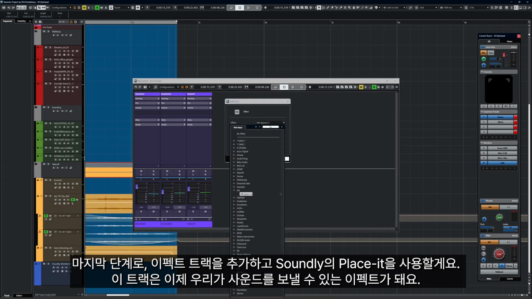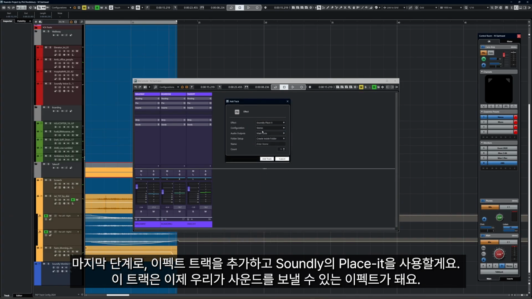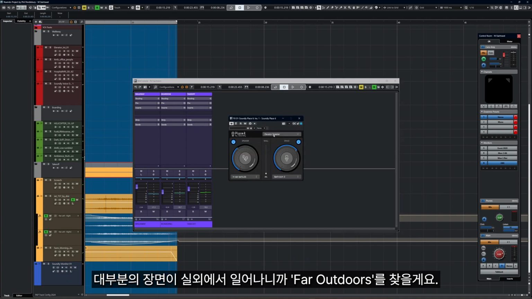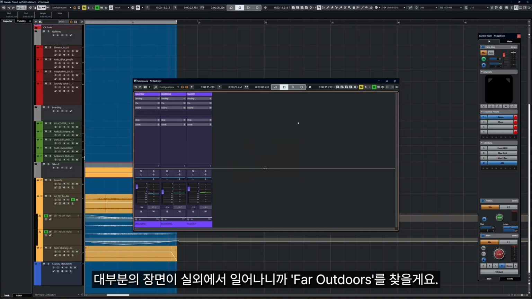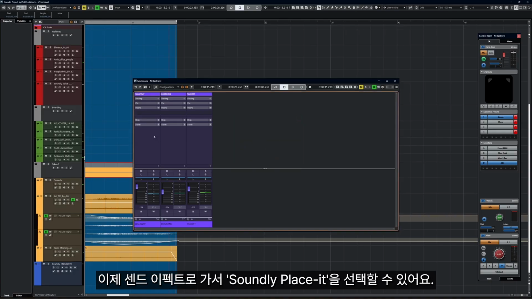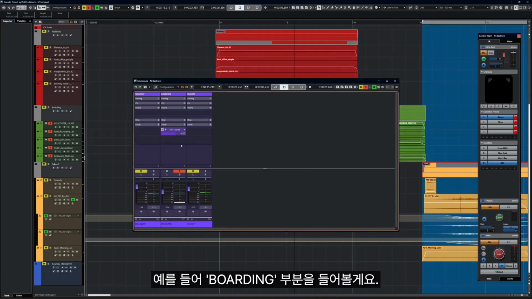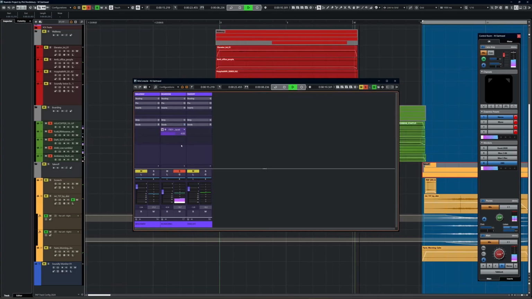And once again, I'm going to use Place-it from Soundly. And that is now an effect which we can send to. And because most of this takes place outside, I'm going to find an outdoor area, far outdoors. And then what we can do now, we can go to our send effects and we can say Soundly Place-it. And if we have a listen, for example, to the boarding area,